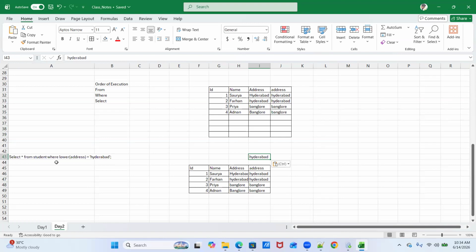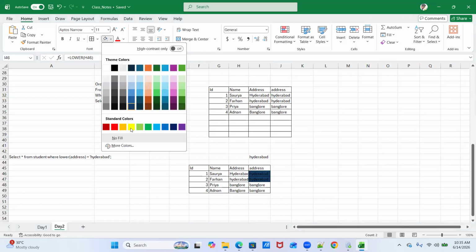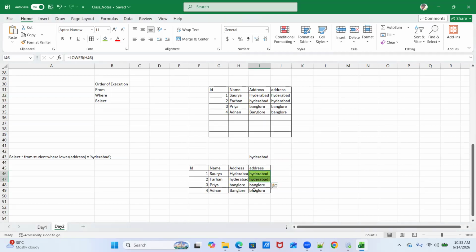So it will compare against the lower of the address column and see if we have any matching records. It will go to the first record, second record, similarly third, fourth, and then it will see that we have two matching records and two non-matching records.